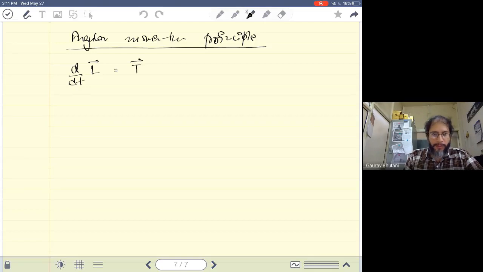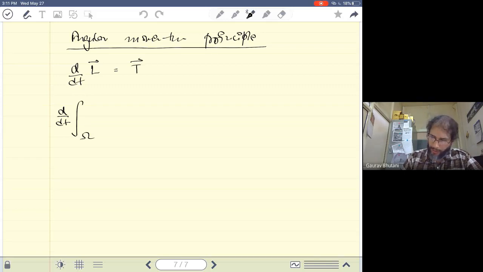So again, it's very similar ideas. Here, to find the net torque acting on the body, the left hand side is the material derivative of the angular momentum. Angular momentum, as you know, can be written as the moment of the linear momentum. So this left hand side becomes d by dt of, integrate over the complete volume.